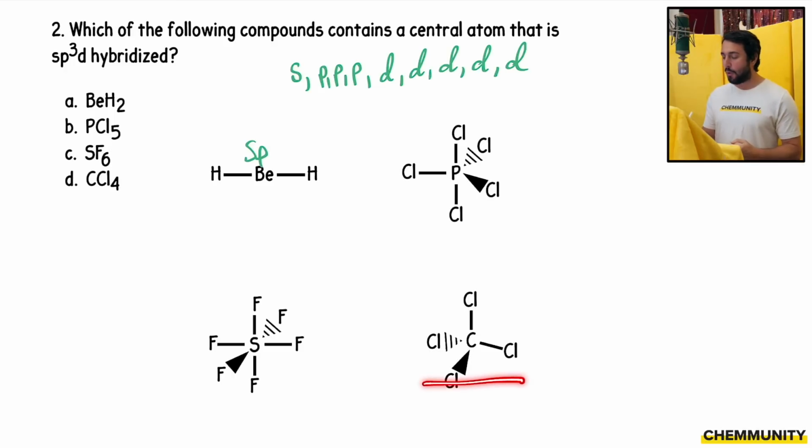CCl4, we've got 4 electron domains, so that's sp3 hybridized. We need 4 atomic orbitals there, so that's sp3. SF6, we have 6 electron domains, so we need sp3d2